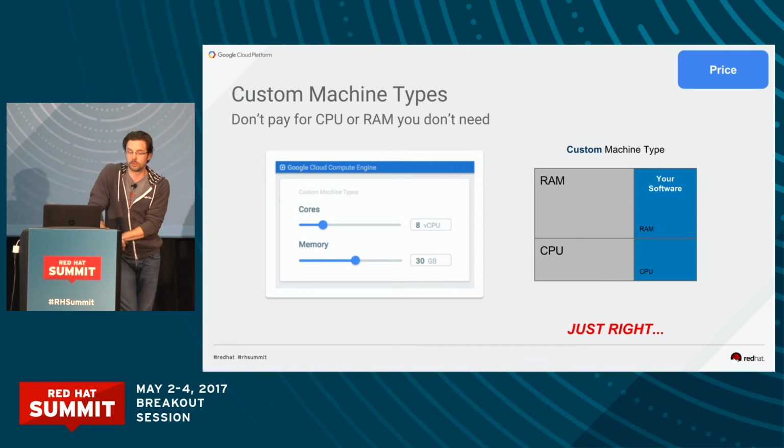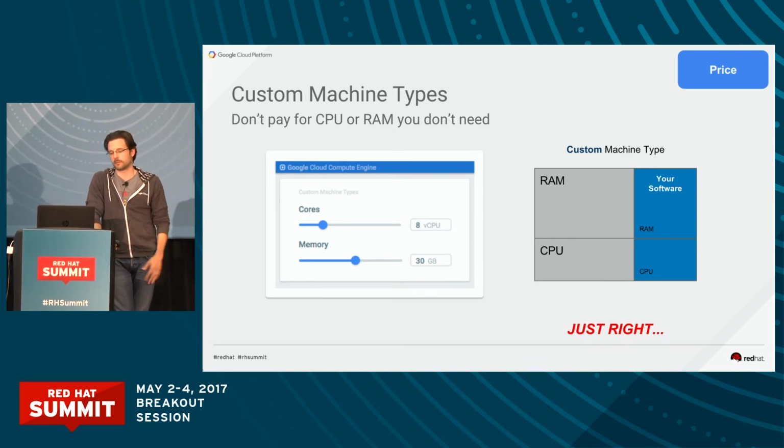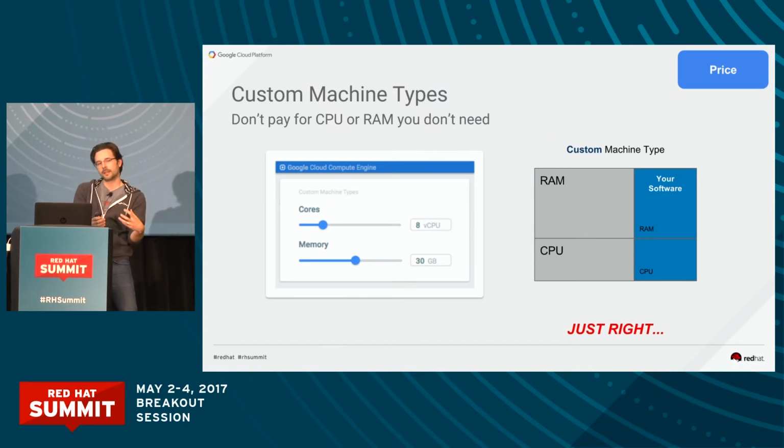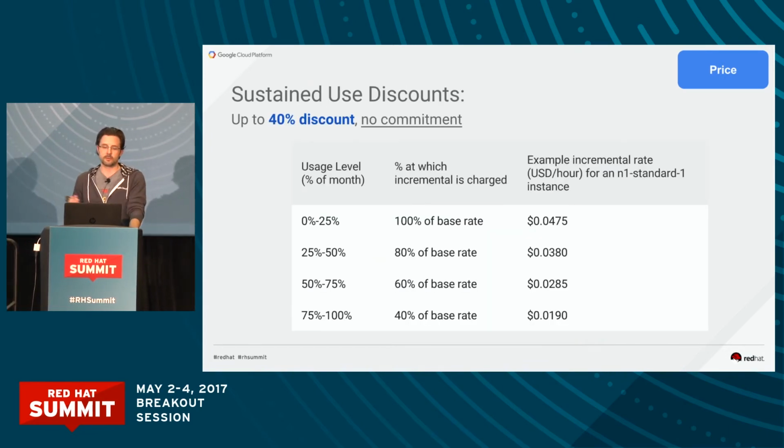So at Google, for those of you that went there and may have done this, you can choose your cores and choose your memory, and you get exactly the right size every time. You only pay for what you use. However, there are other very nice things. If you run a VM for the entire month, rather than prepaying for stuff, we're going to say, that's excellent, you ran it for the whole month. We're going to give you a discount.